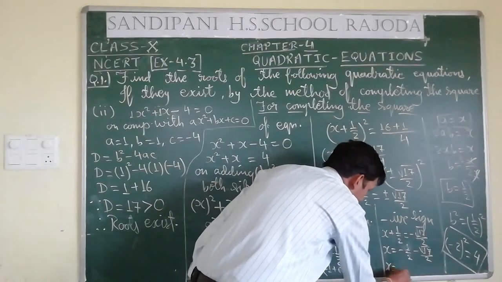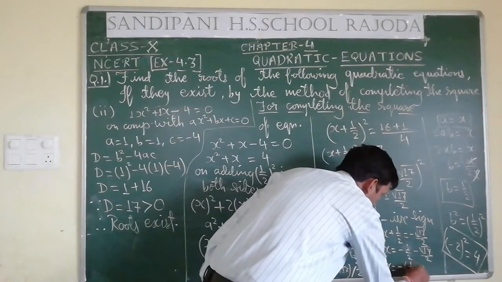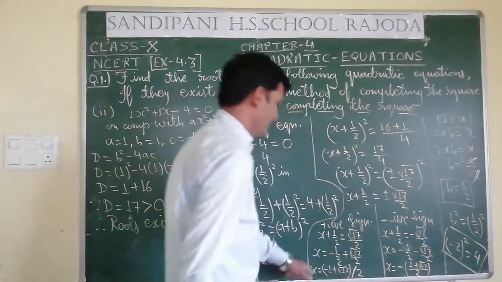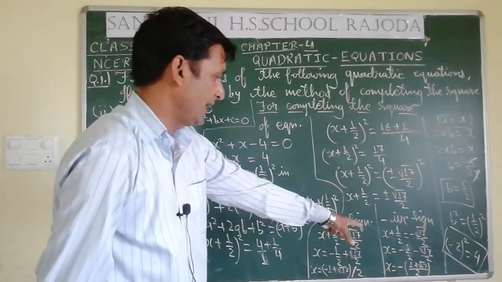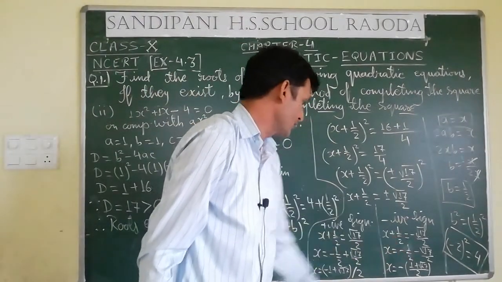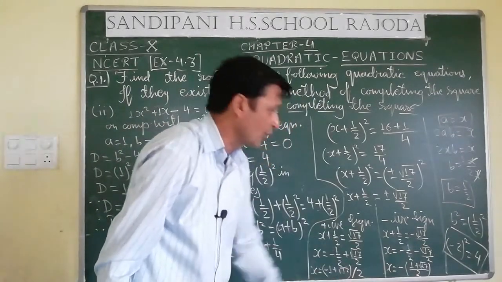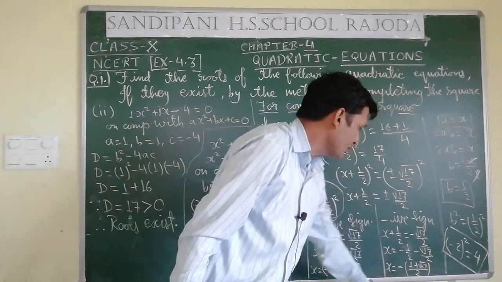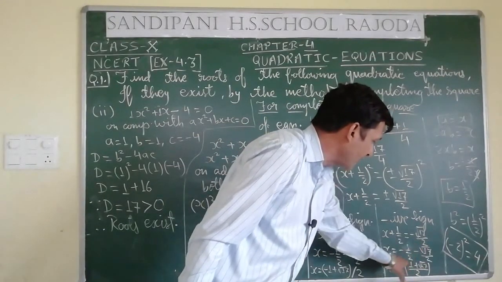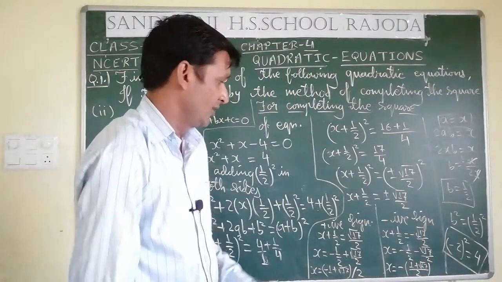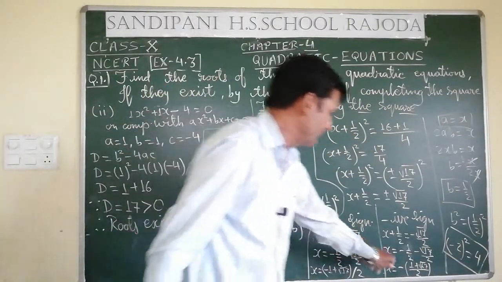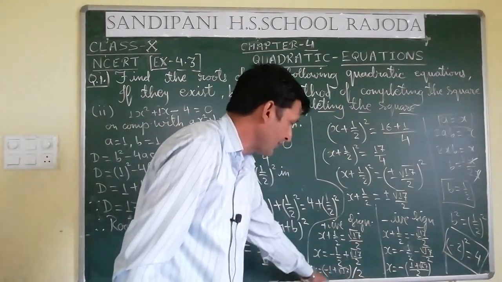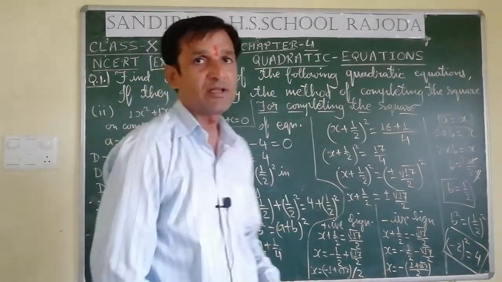Or we may write minus sign common here, 1 plus root 17 by 2, if we take LCM. So minus 1 plus root 17 by 2 and minus in bracket 1 plus root 17. You may write it root 17 minus 1 upon 2 also. If we take minus sign common, then it will become 1 plus root 17. LCM is 2 here. So 1 plus root 17 upon 2 with negative sign and root 17 minus 1 upon 2. You may write it root 17 minus 1 upon 2 also. So this question is over.